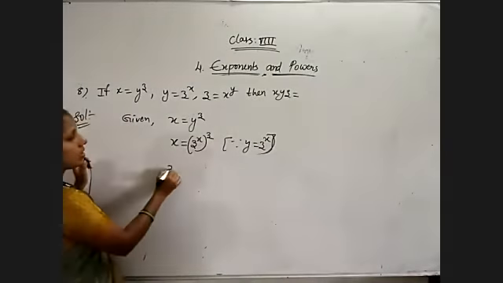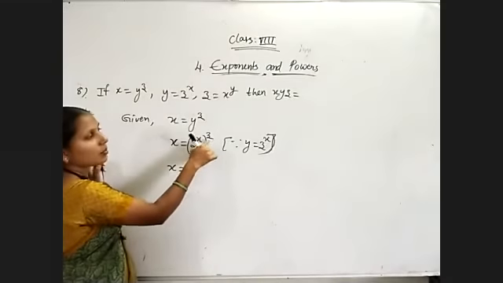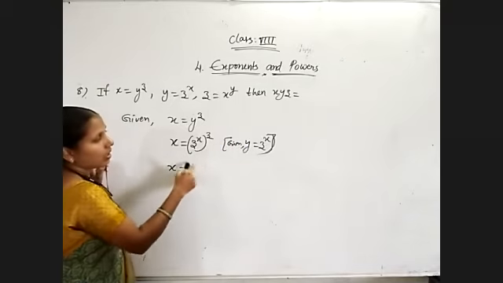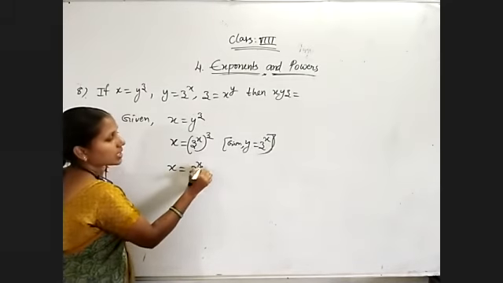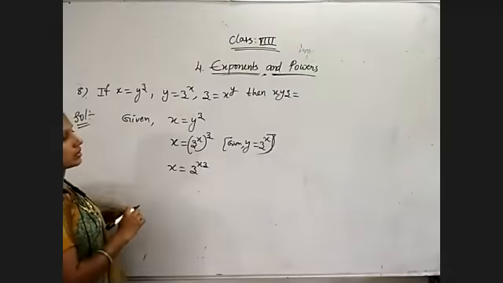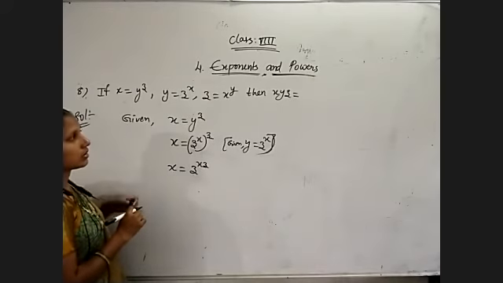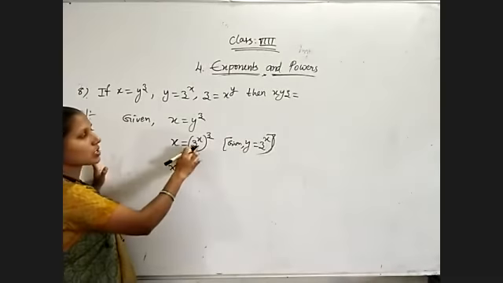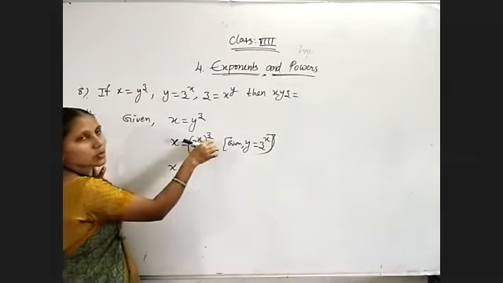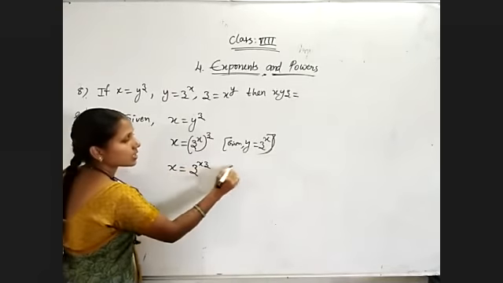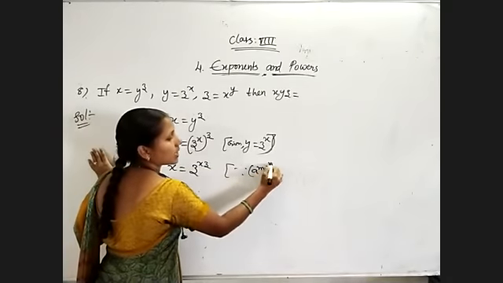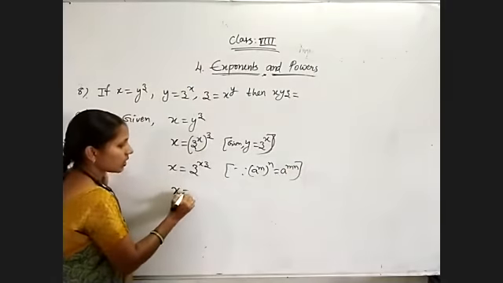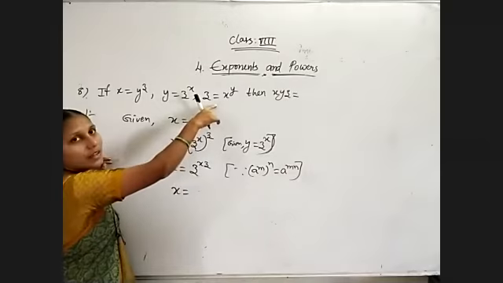And now again, simplify this, a power m whole power n. This is given in the question: z power xz. Otherwise, first of all, write like this only. Now substitute the z value in the base only, not in the exponent. Z to the power of xz, since we have a power m whole power n is equal to a to the power of m into n. So zx or xz.